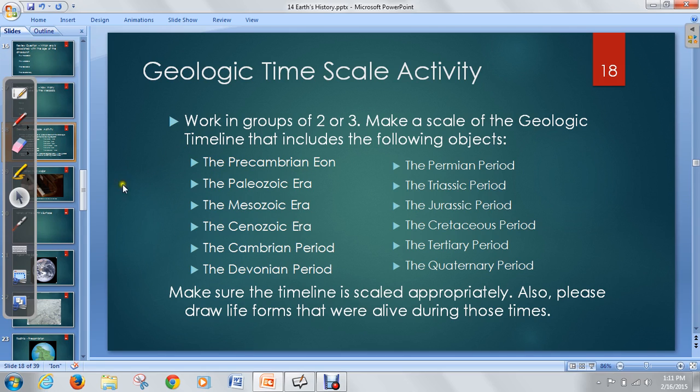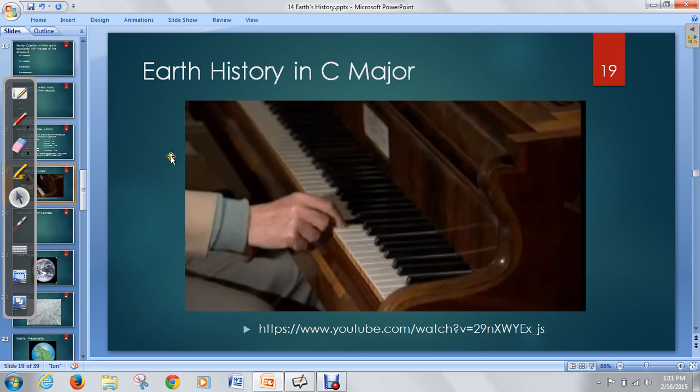The last thing we did is we watched a video about a piano player, and he relates the Earth's history time scale to a piano. If you imagine the 88 keys of the piano represent the Earth's history, you'd notice that a large section of the piano represents the Precambrian time, and the amount of time that humans have been on Earth is very small compared to the rest of the piano. So I recommend watching that video. It's a good one.